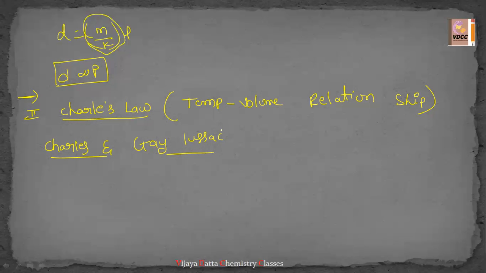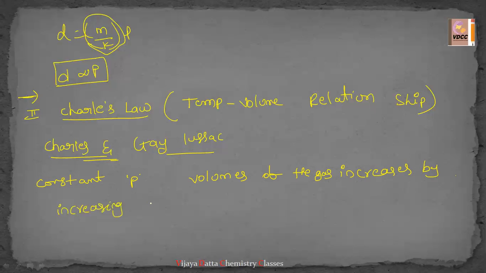That is, again, we'll study in some other topic. So, a hot balloon, they have done some experiments based on this. So, after the so many investigations, what is the conclusion they have given? At the fixed pressure, that is in the Charles law we are taking at the constant pressure, volume of the gas increases on increasing the temperature,